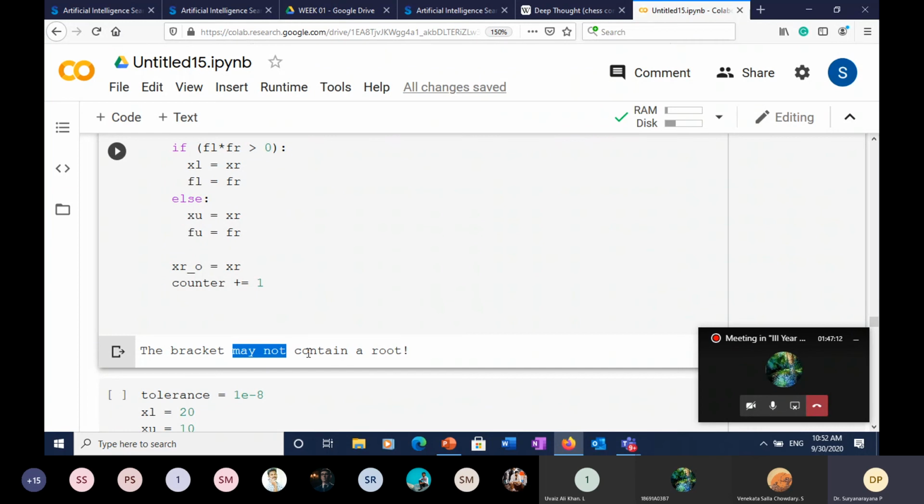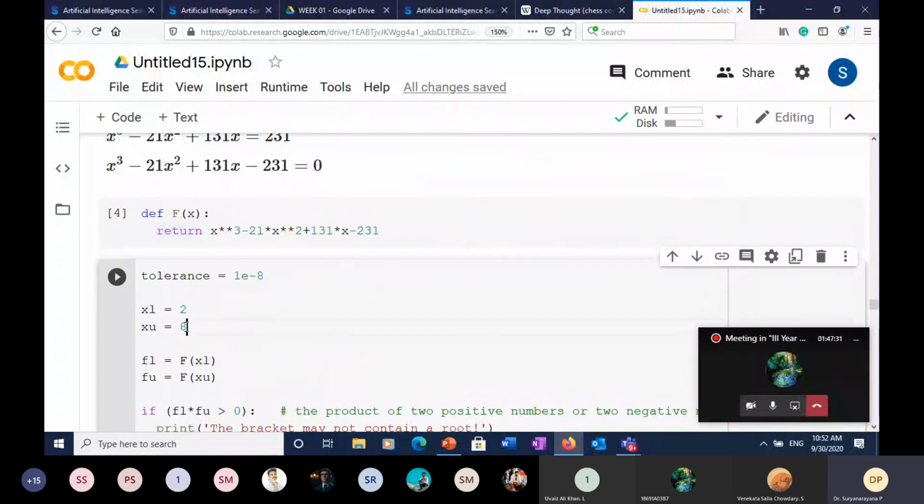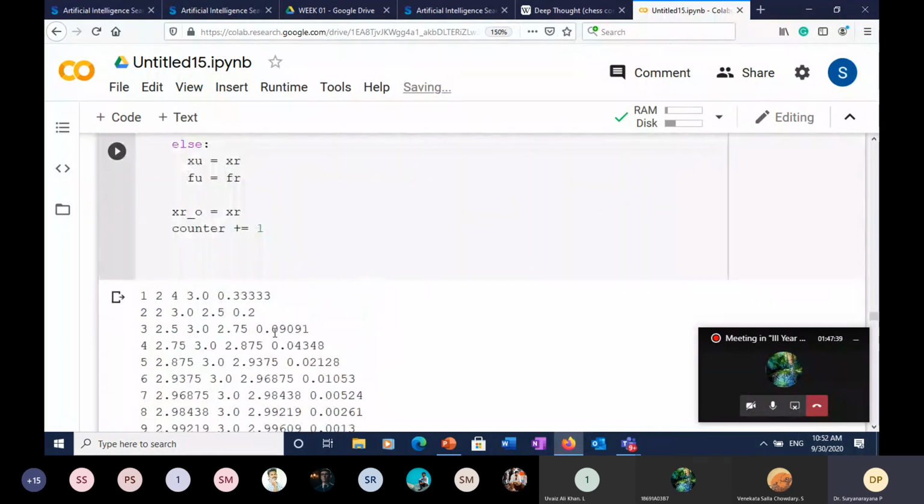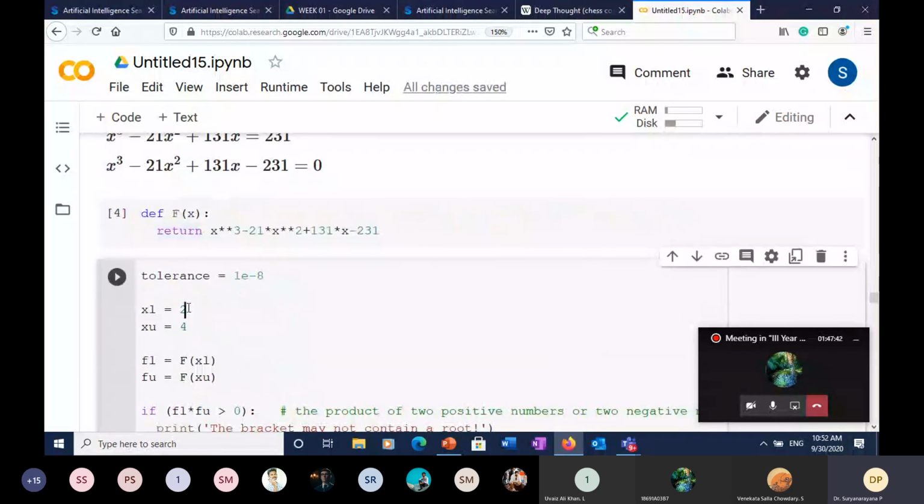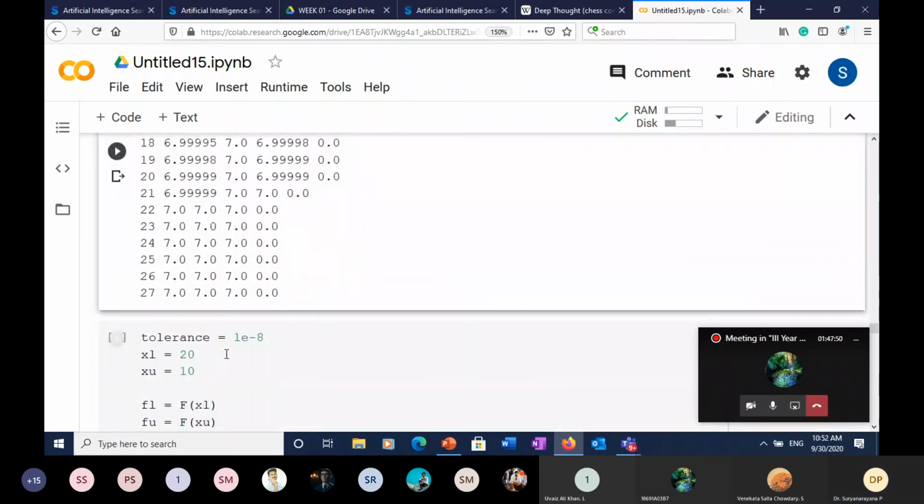But if it has opposite signs, then we can definitely say yes, there is a root, or it's a possibility that there is more than one root also, but an odd number of roots. Only if there are an odd number of roots do we get opposite signs at the ends. So that is something I wanted you to notice. And then 2 to 4, if I say that, we'll comfortably get this one, and that root is 3. And if I say 4 to 7 or 4 to 10 even, we'll get the root 7.